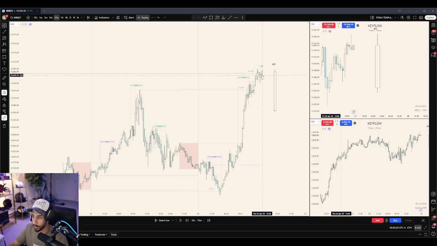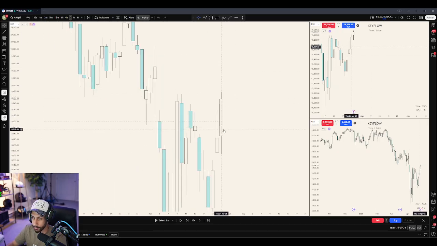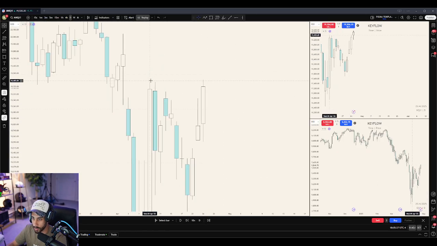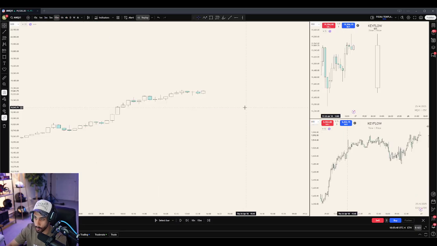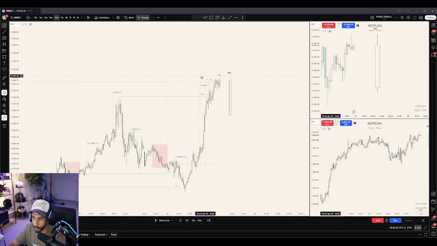You can notice how there was a little bit of time distortion right here, right around 2 p.m. And then 2 p.m. opened up. We manipulate, and then we expect a distribution leg lower. So you can see here on the daily time frame as well, right? Clearly bullish into these levels at the bare minimum, and then we can go from there. But the overall narrative is what I wanted to establish before we push down into these lower time frames. So bullish until previous week high, and then we start to be bearish.